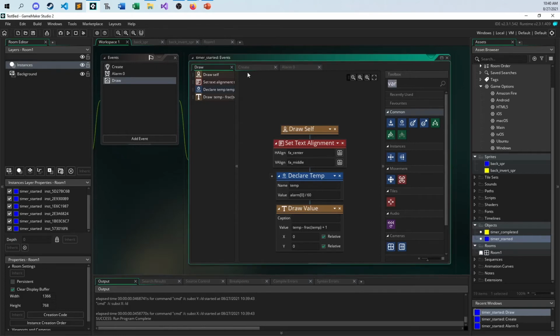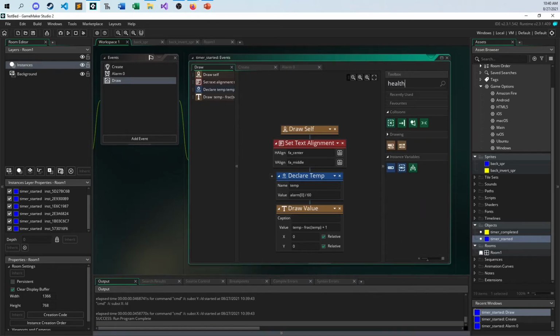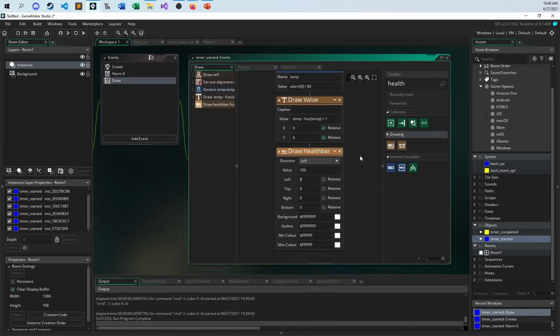So let me find the health. Draw health. Let's see, where's set get draw. Okay, draw health bar with a health bar. Draw health bar from a 0 to 100 value. Health with a health bar. I don't know what the difference necessarily is, but let's just see. Okay, direction. Do we want it to go left to right or right to left? Let's do all relative here. Let's just get this thing going, and then we can tinker with it, right? So let's see, left, top, bottom,